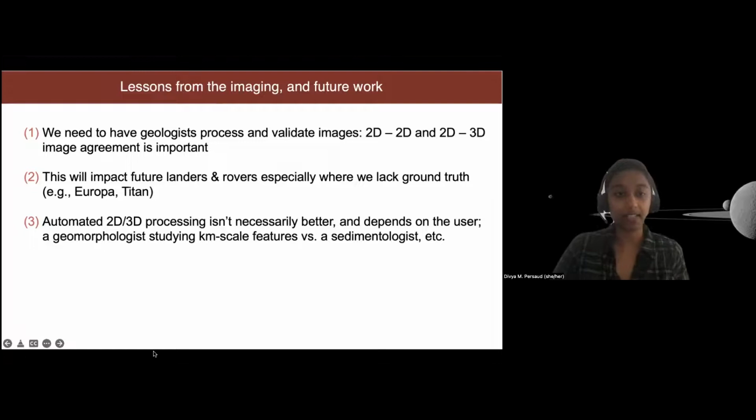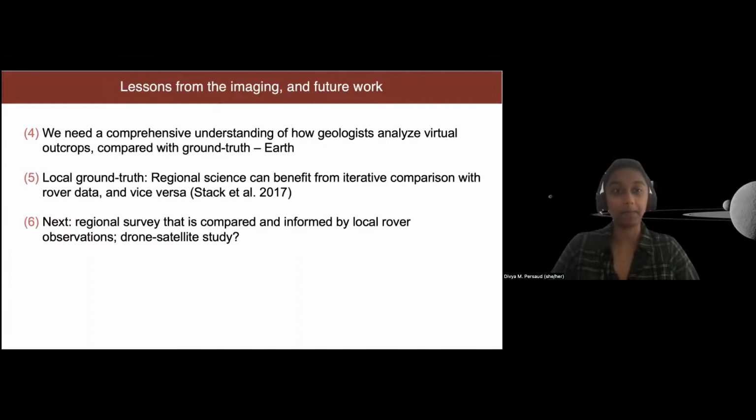Going back to the image processing, the automation is great until it isn't. It's not necessarily better. It just depends on who you are and what you're doing with it. And to address those things, I think we need a comprehensive understanding of how we actually think when we're using these virtual outcrops, because I'm going to think differently than a professor who's been working in the field for 30 years is going to think when they look at my imagery.